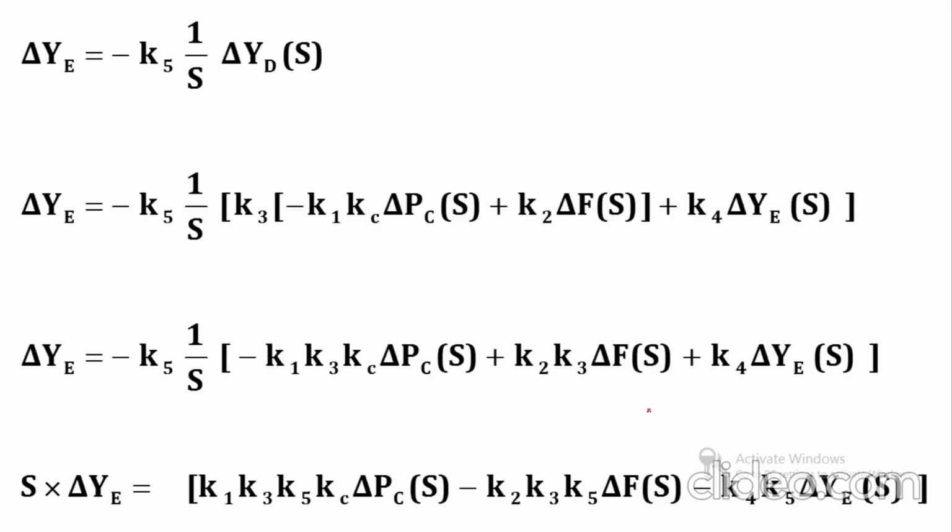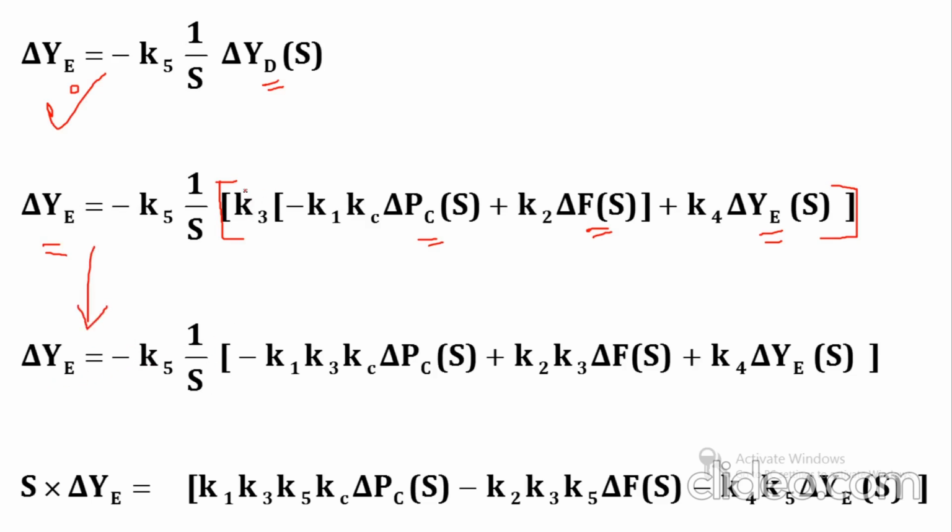So this is our equation number 7. So we will put the value of delta yd. This is our value of delta yd. So I have replaced delta yd over here. So our entire equation has output, input, input and output. So we just have to simplify this equation to get our mathematical model. So the simplification steps are like this. This is delta ye minus k5 1 upon s.